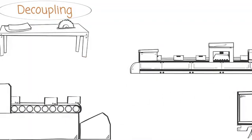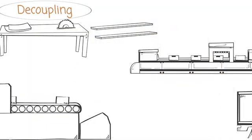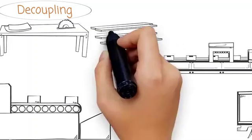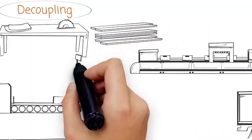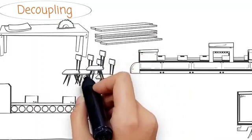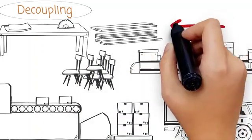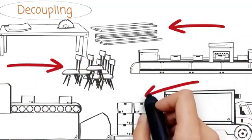Typically, in a manufacturing or distribution environment, inventory will be held between work centers to create independence. This means that each work center in the process will keep a small amount of inventory to ensure that there's no delay in the process. If a work center upstream has a delay for any reason, this will not impact the next work center